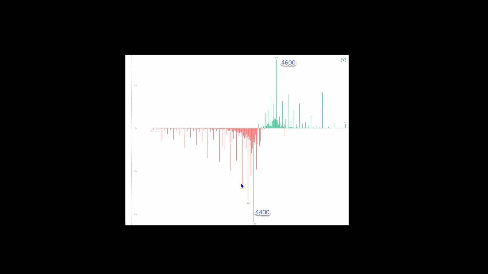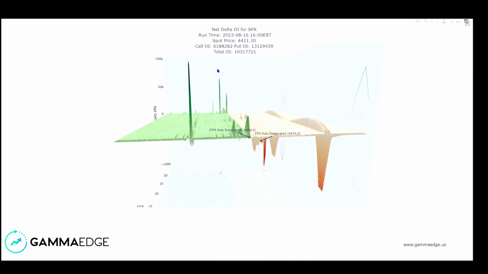That below that we might start capturing some more puts and increase the volatility pretty quickly. Here's the net delta chart for SPX. Again, out of the money puts dominated at 4,400, so that's why that will be our line in the sand for today. You can see a spike all the way down there to 4,000, and in the money puts dominated